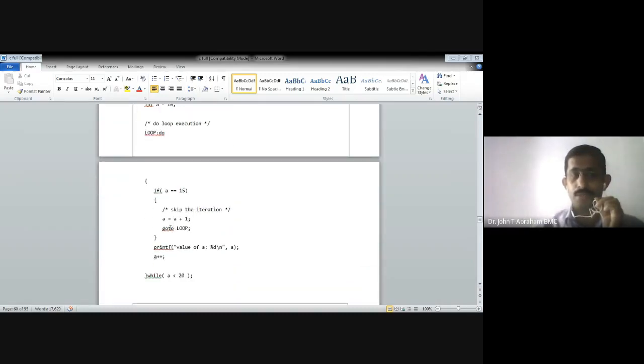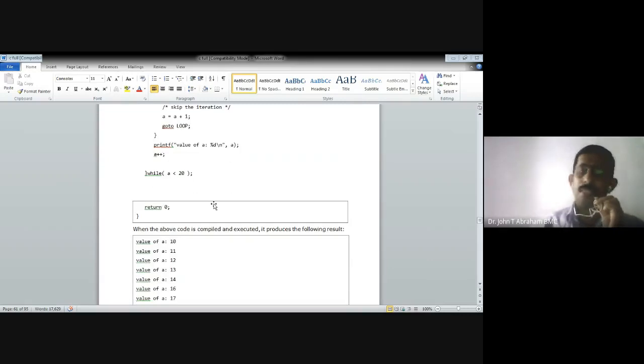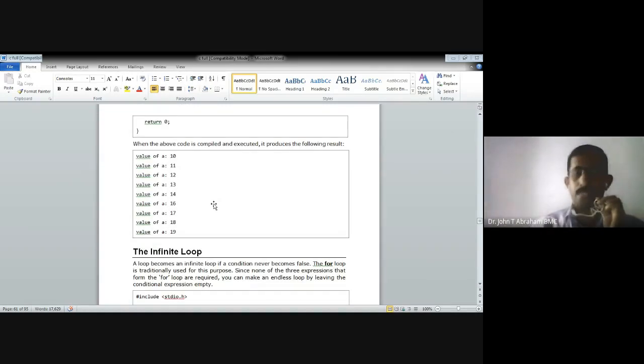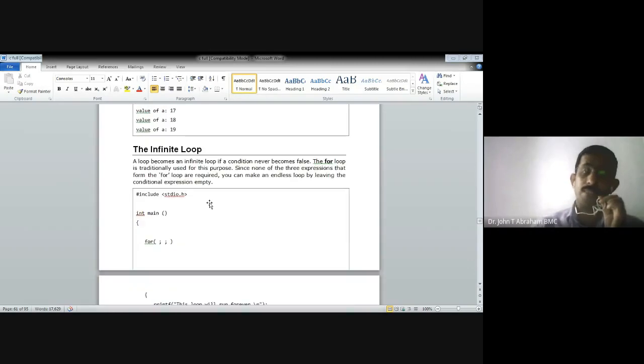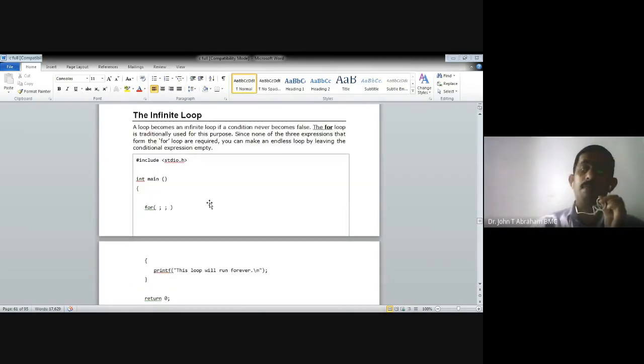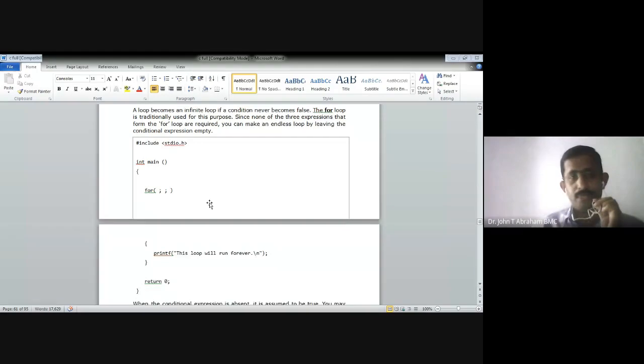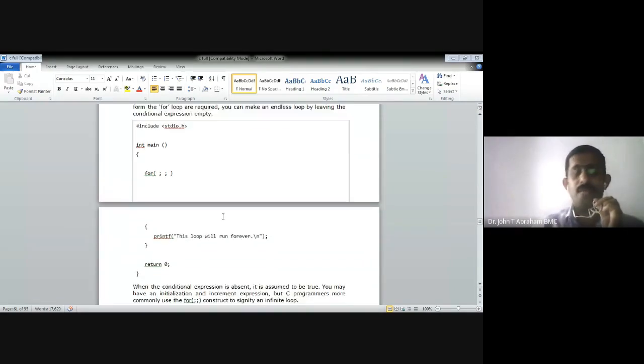So here say go to loop. Loop means just loop. There is a label. So like that it is called the go to statement. Then infinite loop will be there. In some cases we will write some loop, but the loop will execute again and again. There will not be any ending or pausing of the loop at all. It will go on again. That type of loop is called an infinite loop. That is to say, the loop will run forever and ever.